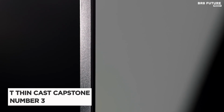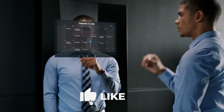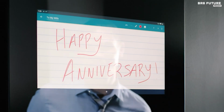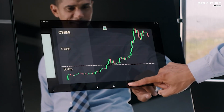Meet the T-Thin Cast Capstone Touchscreen Smart Mirror, ranked as the number 3 best smart bathroom mirror. This mirror isn't just a reflection of your appearance, it's a reflection of your lifestyle. It brings emotion and convenience to your daily routine. Imagine accessing your favorite content and apps right on the mirror's display, effortlessly customizing your home screen with widgets that